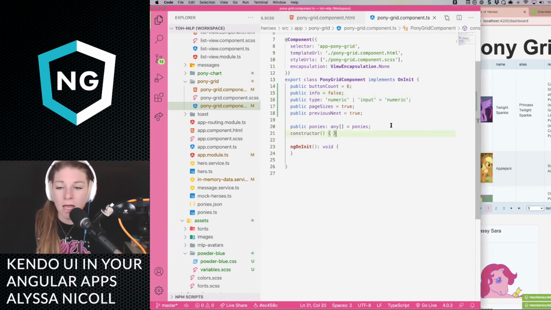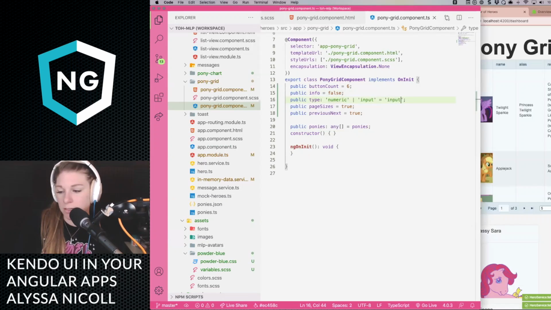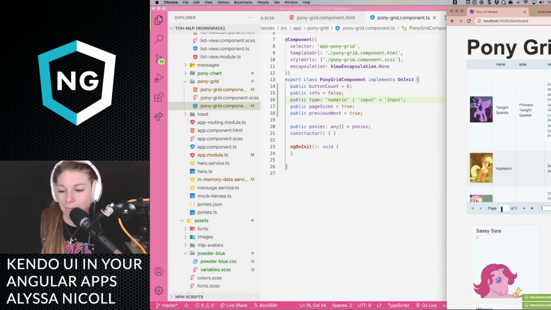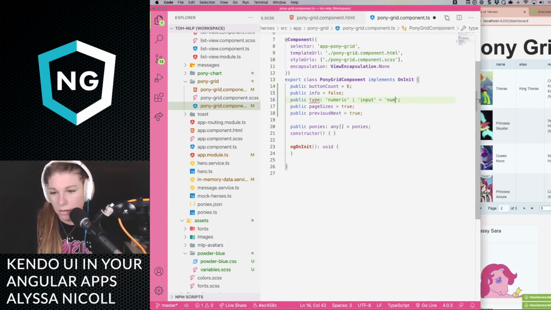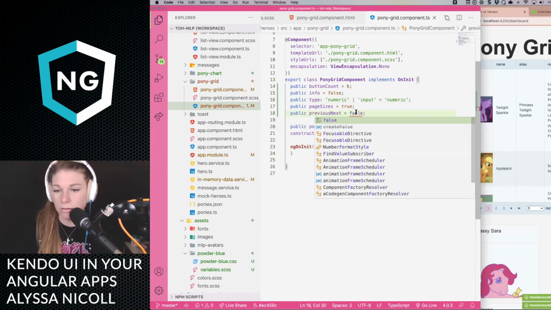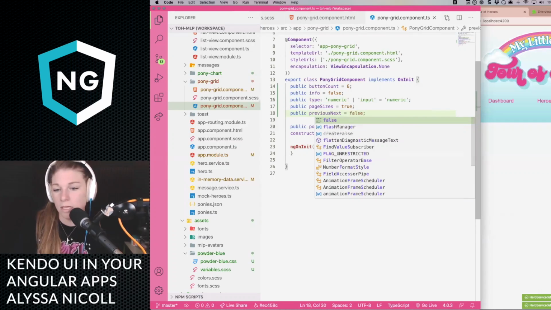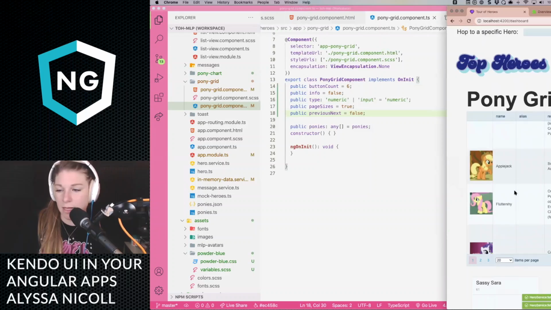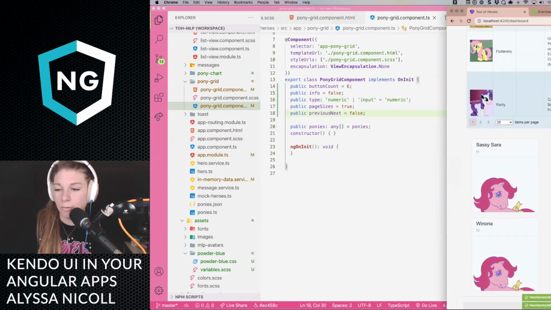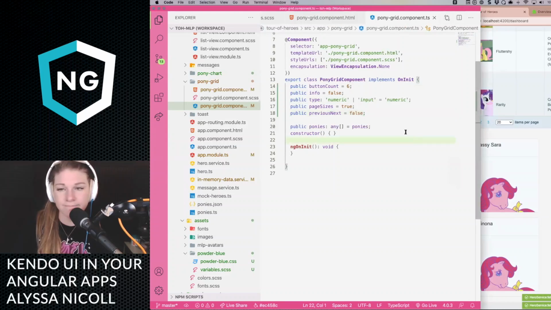Okay. So we also have the options with type to be numeric or input. If we change that to input, we should see the ability to type in like the page that we want to jump to instead of having the drop down. And then previous and next, we can also turn those off. False. Thank you, darlings. So that simplifies, let's put this on the top. So that will simplify the paging options even further.